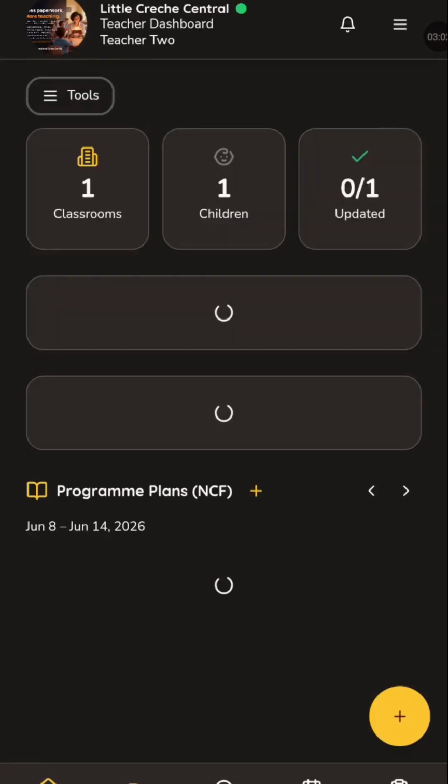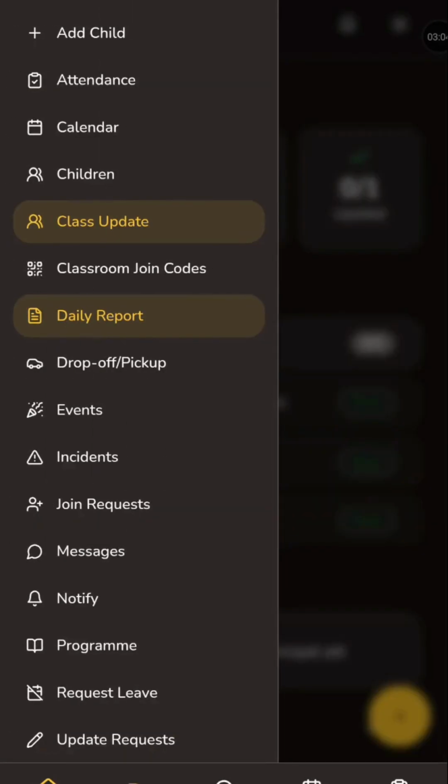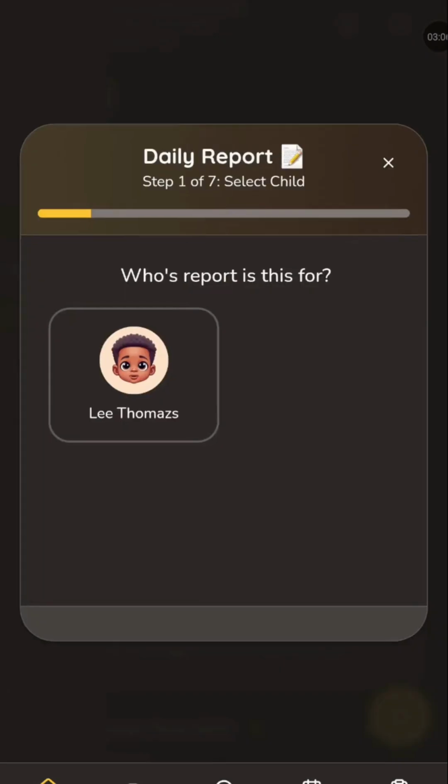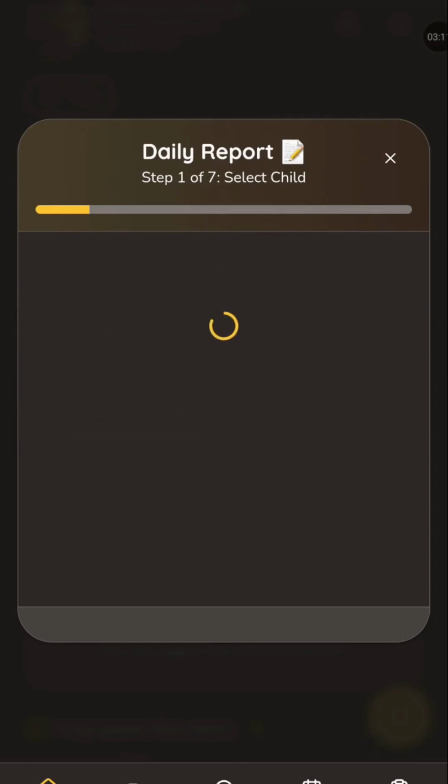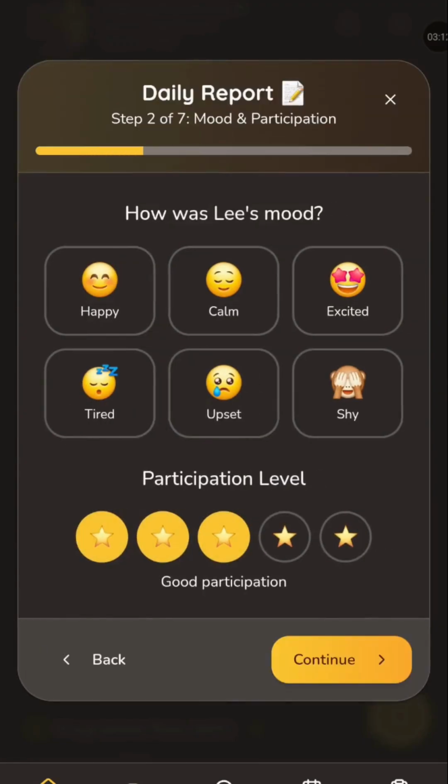As a teacher, you can take this one step further by sharing each child's experience individually. Unlike the class update, this report goes directly to the child's own parent. If the class had more children, you'd see them all here in alphabetical order. Tap the child's profile, choose how Lee's mood was for the day, and select a star rating for their participation